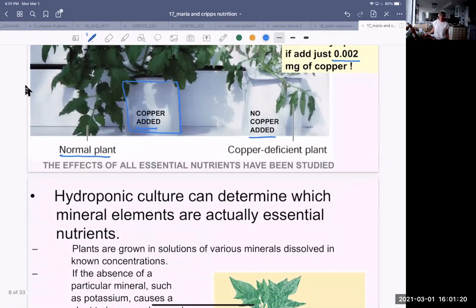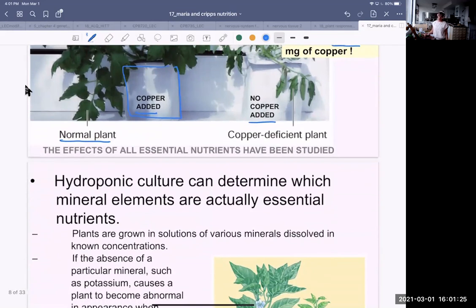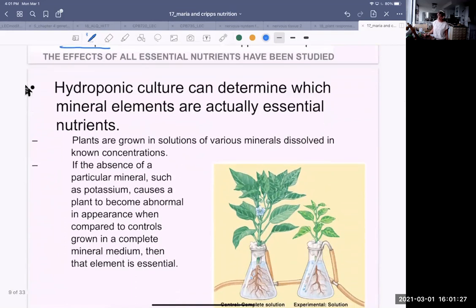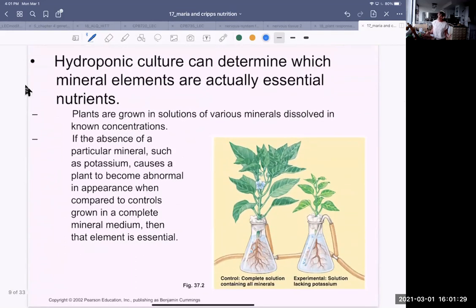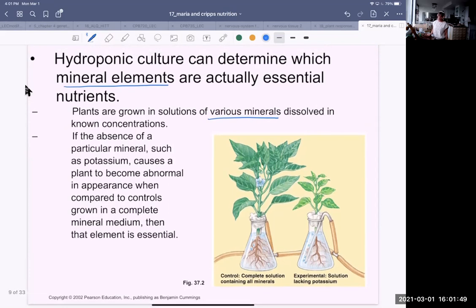And all essential nutrients have essentially been studied in plants, at least in agricultural plants, maybe not all the plants in the world, of course. But it can tell you which elements are actually essential nutrients. You grow them in solutions, various minerals are dissolved in known concentrations, and if the absence of a mineral like potassium, for example, causes a plant to become abnormal, then you're comparing it to the control, then that element is